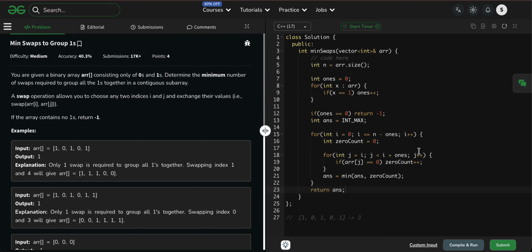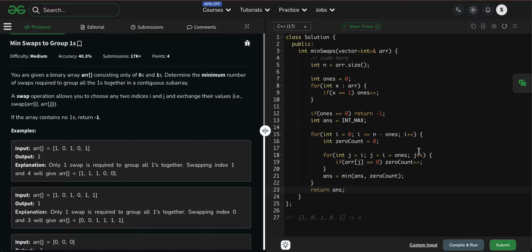So what do you think about the better approach? Instead of counting zeros every time from scratch, we can count the number of ones in every window of size k. Where we are counting zeros right now, in that place I just have to count the ones in every window of size k. A window of size k that has the maximum number of ones has the minimum number of zeros. So from that we find the minimum number of zeros.